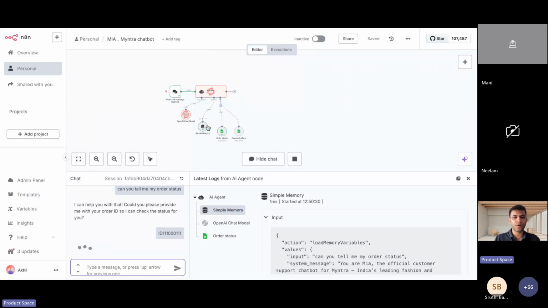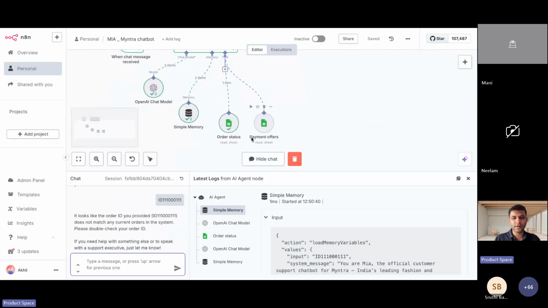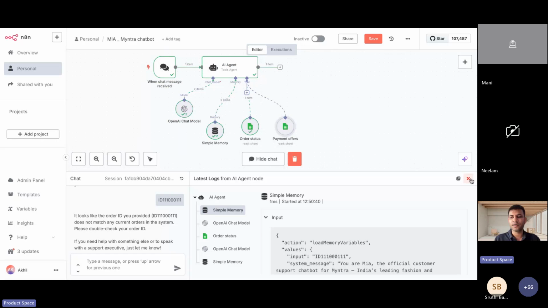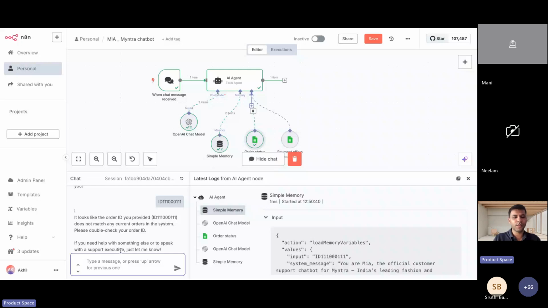Now what you can observe is, it does not match any current order in the system. Once you've connected your DB into this, it is now reading the data from the specific sheet itself. Now, if you're asking, let's say, just closely observe, can you tell me more about